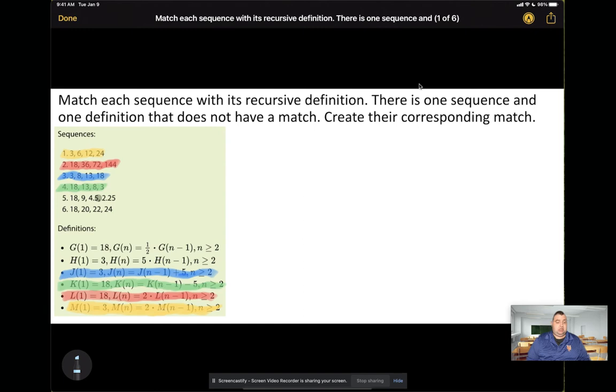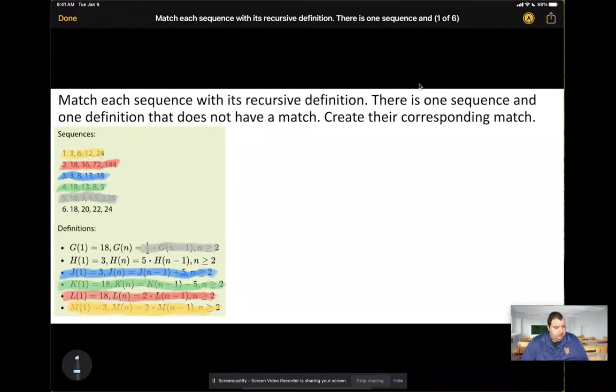So this is a geometric sequence in which we're starting at 18 and multiplying by a half each time. The only one left that starts at 18 is G. G starts at 18 and multiplies by a half each time. So number 5